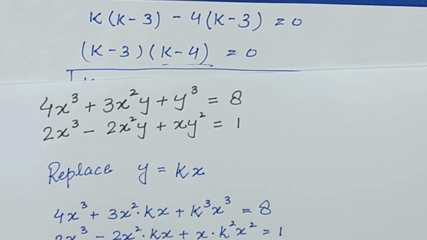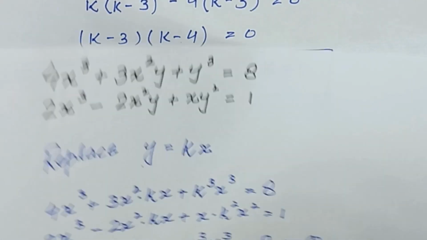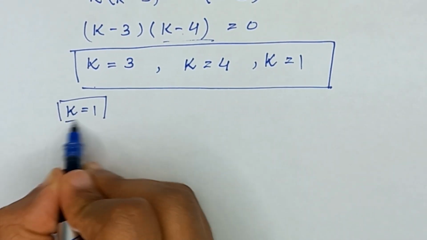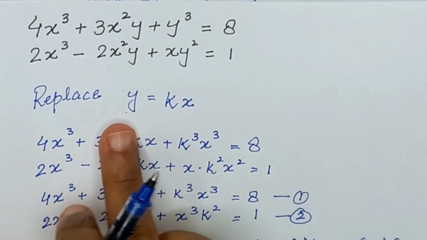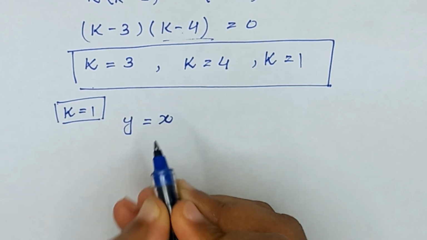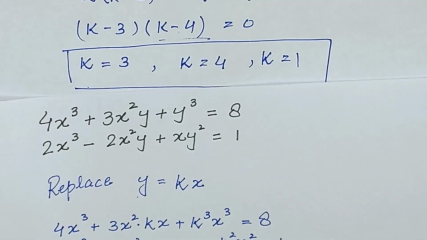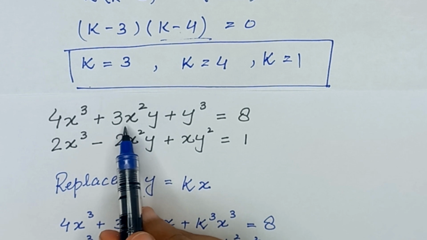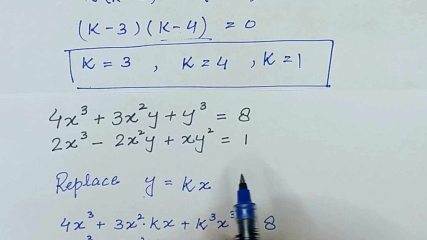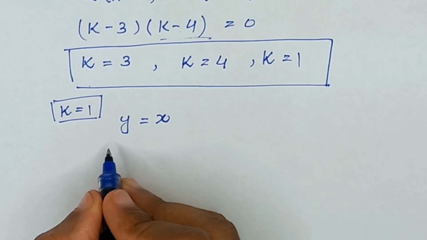So here we have 3 values of k, but we know that y is equal to kx. When I substitute here k is equal to 1, if k is equal to 1, then y will be equal to x. Now we will substitute this value of y in any one of the given equations, x cube plus 3x square y plus y cube is equal to 8, or 2x cube minus 2x square y plus xy square is equal to 1. So I will substitute in this first equation, which is